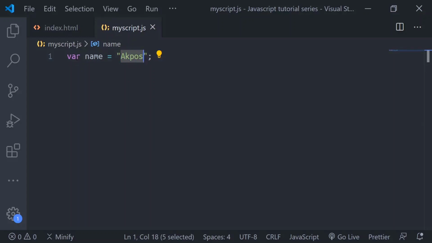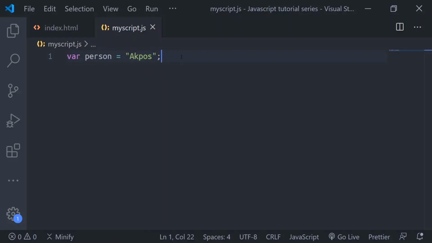The name of the variable, I just named it name, or I can change that to person. So I can give the variable the name person. What you do is you type var first, then you give the name of that variable, which is person, then you assign the value you want this variable to hold, and the value assigned here is Boss. So it is a string variable since we used double quotes to wrap the word.